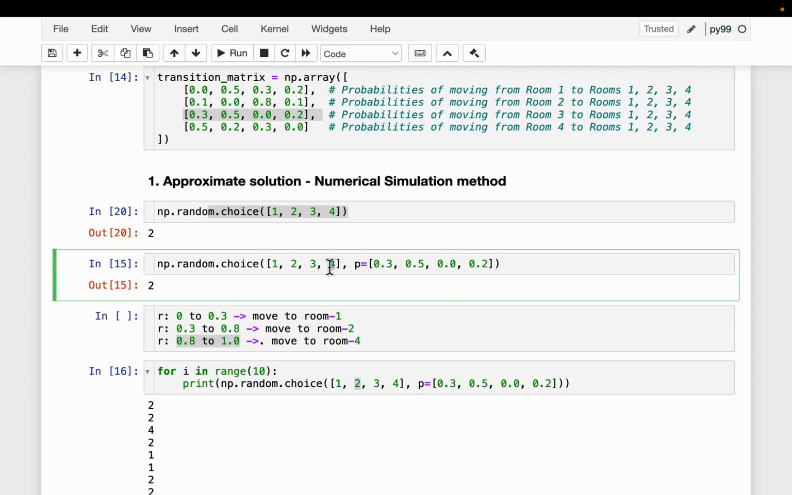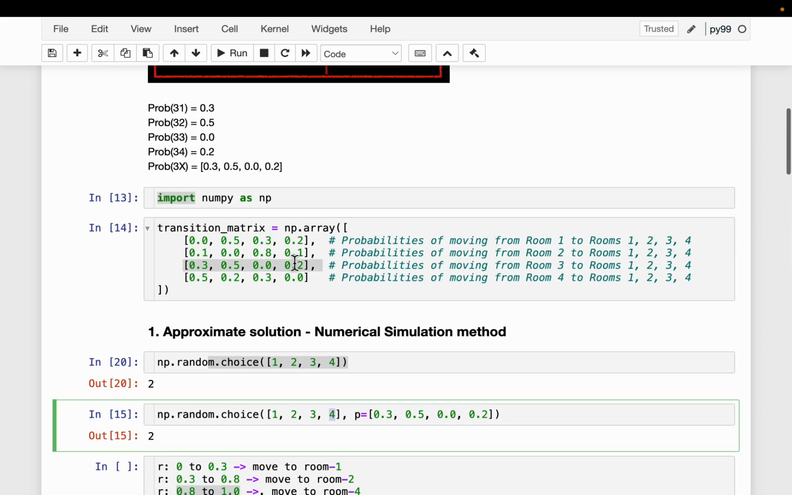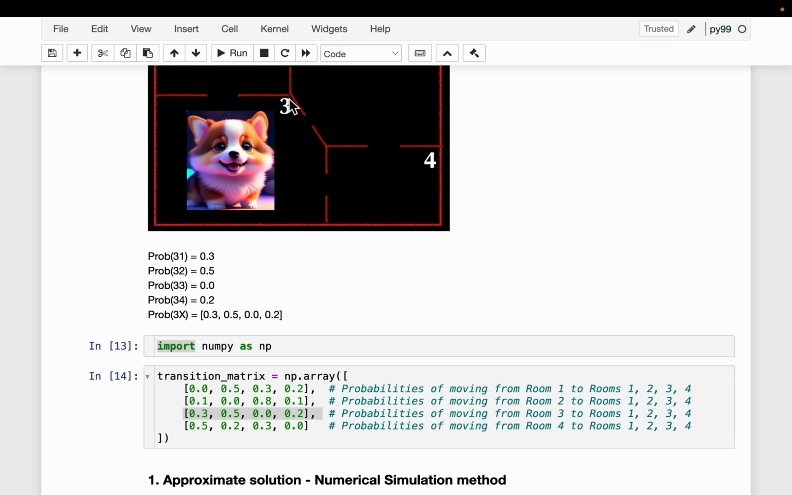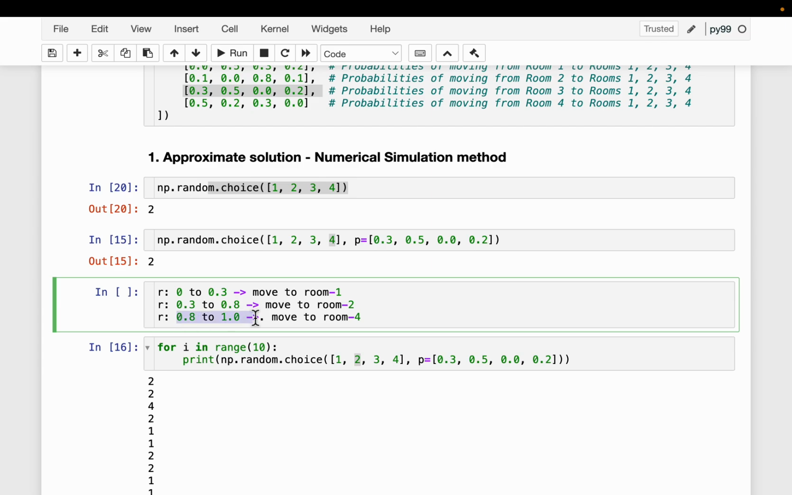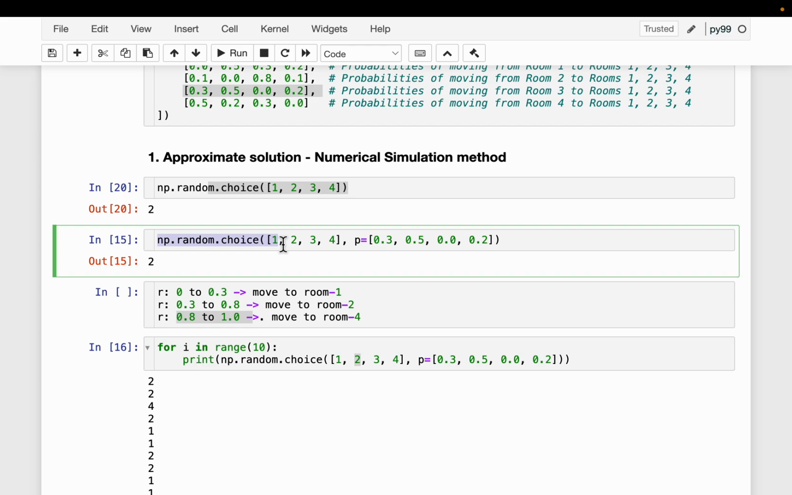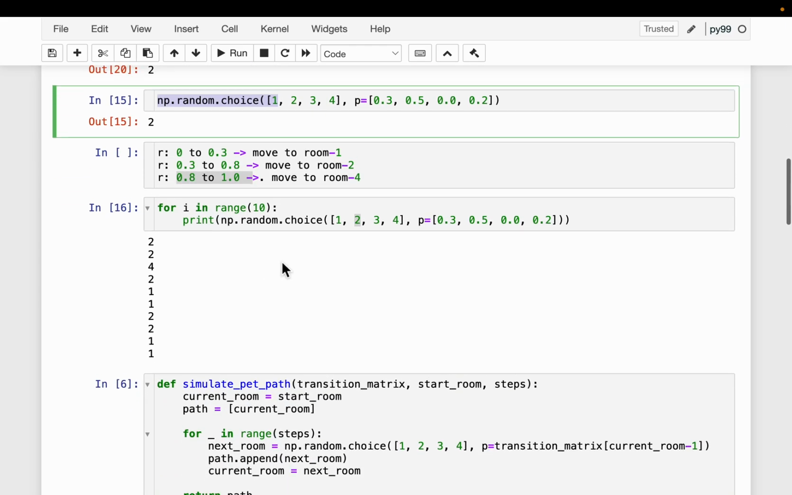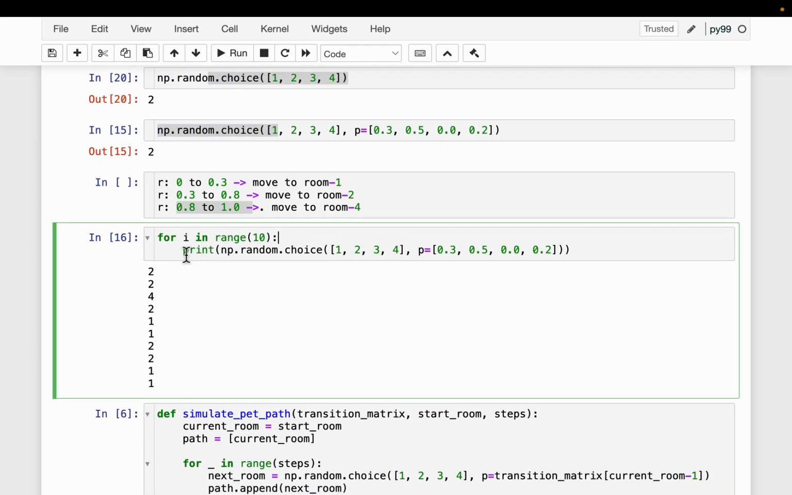So that means the cat or pet is likely to move from room number 3 to room number 4 if the generated number happens to be between 0.8 to 1.0. So we make use of this function to simulate this whole process. All right. So if I run this function, let's say 10 times,